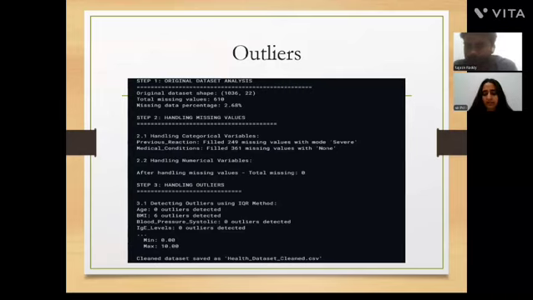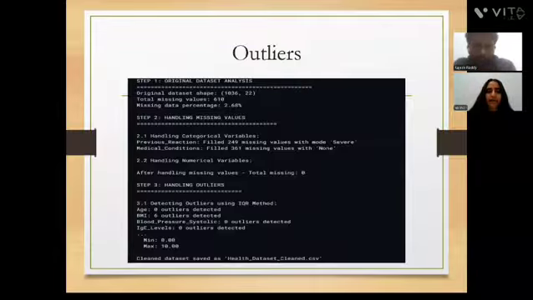First we load the data, then we check the data for any outliers or null values. See here we are showing that the original data set has a shape of 1036 by 22, that is, 1036 is the row number and 22 is the column number. The total missing values are 630. So we can say that the missing data percentage is 2.68%. So this is the first step, after loading the data,